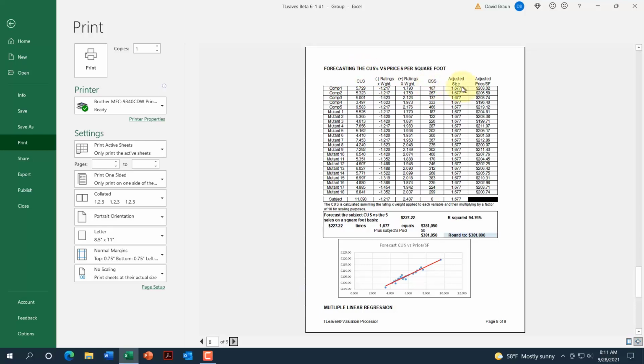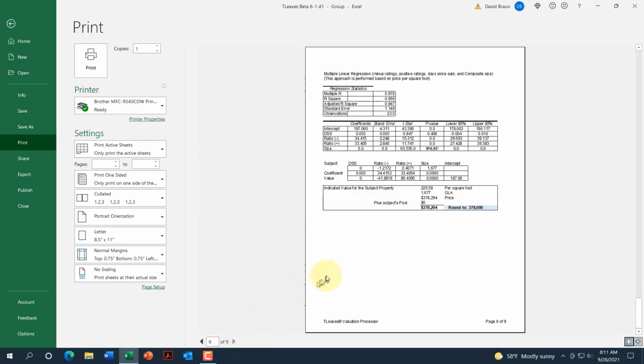If you look closely, you'll notice that the square feet are all the same. That's because we base this on the price per square foot. So we had to adjust the sizes to be the same, and we would have used the same dollar amount that we used on the adjustment grid for the gross living area. So we adjusted those, and it shows the R squared and shows a chart. And then if there was a regression analysis, and apparently there wasn't, oh, there is, here we go. Here's the regression analysis that it made. So you can see